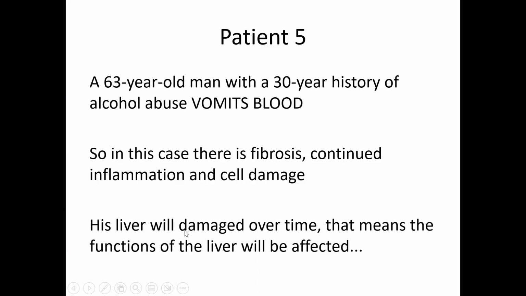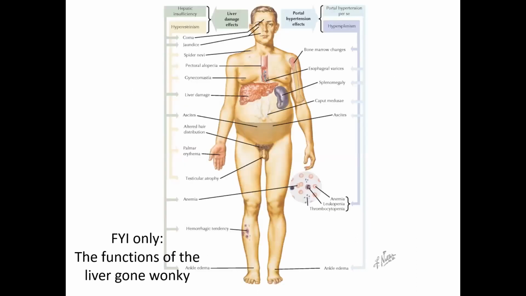Over time, his liver will get damaged, and that means, as you know, in inflammation, what do we see? Loss of function. So there will be a loss of function of the liver. In order to figure out what happens to the patient when there's loss of function of the liver, you basically need to know what the liver does first. And for your information only at this point, you're not required to know this, but the liver has got several functions. For example, to make proteins and to make